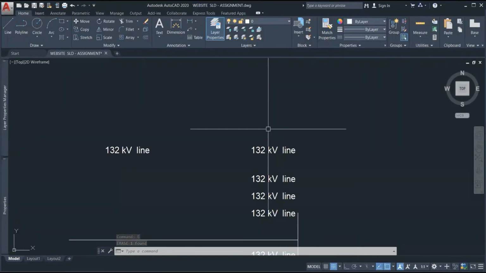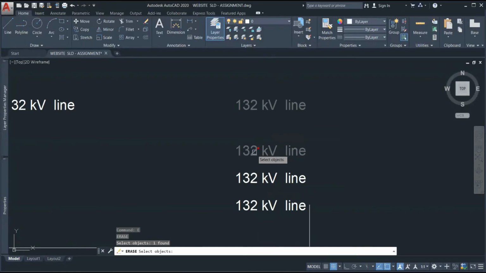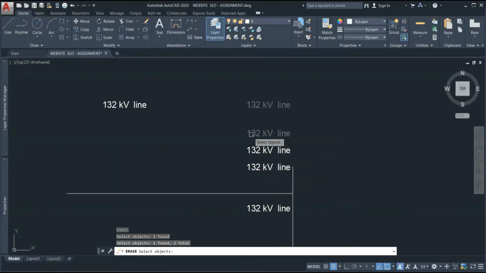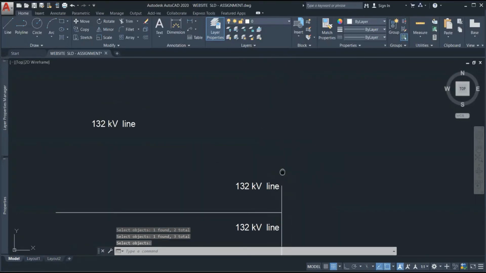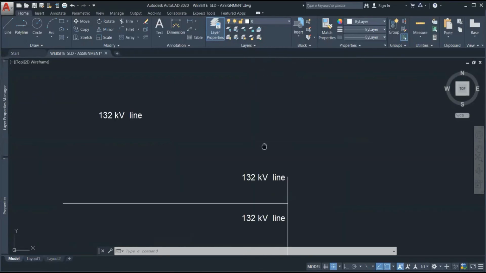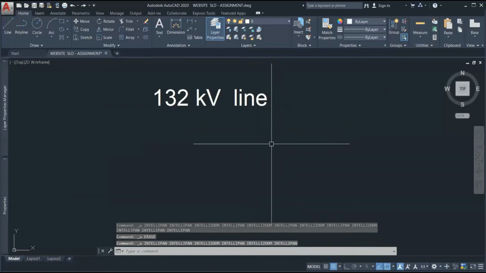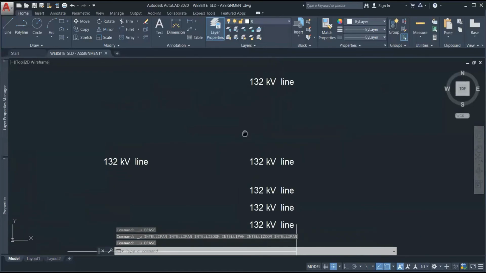Okay, or you can give the command first, erase, press enter, and select the object which you want to erase. If you are going to delete multiple objects, then this is a handy tool. Just give the command first and then select the objects, and then simply press enter, and it will get deleted. Okay. And if you didn't want to delete those objects and by mistake you have deleted, you can just press Ctrl Z. Okay, undo. So it will appear again like this.